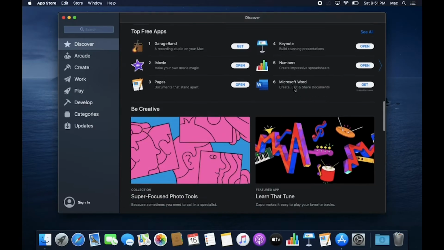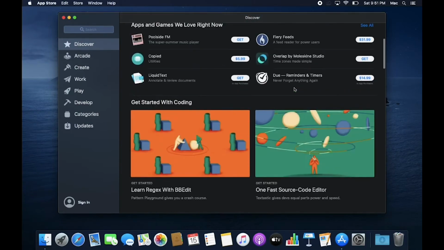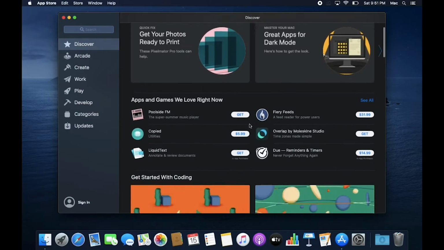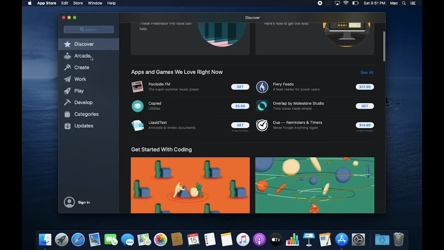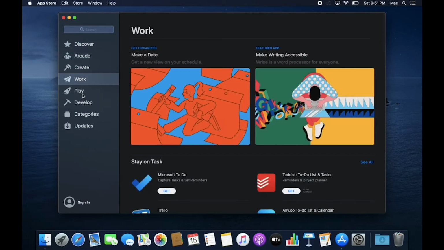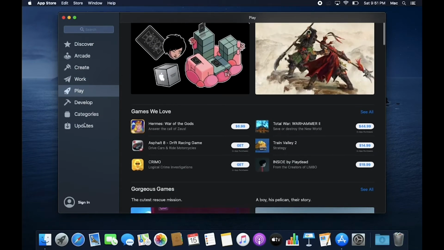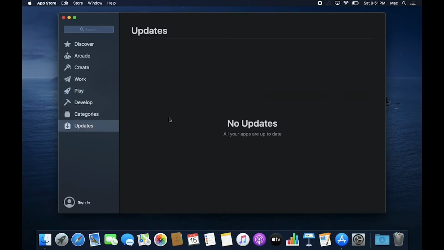You can see all kinds of apps. You can download the games, check for app updates for apps which are already installed on our system.